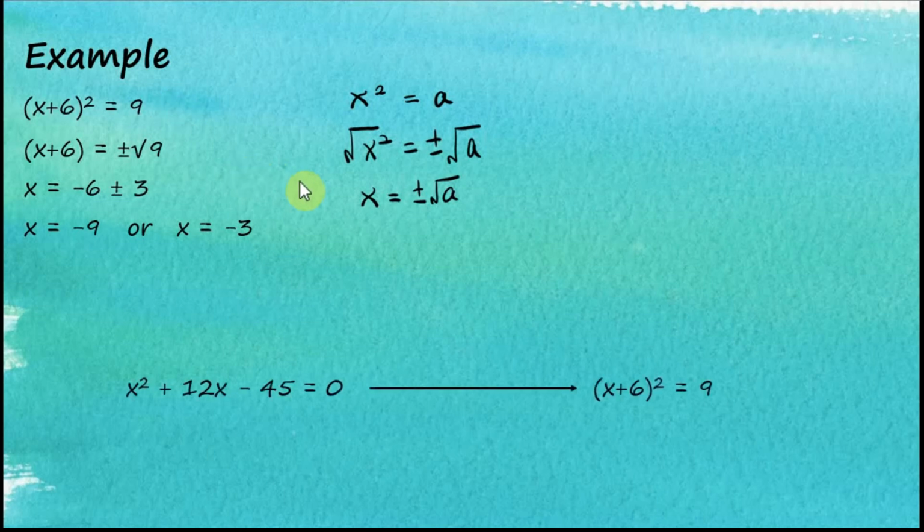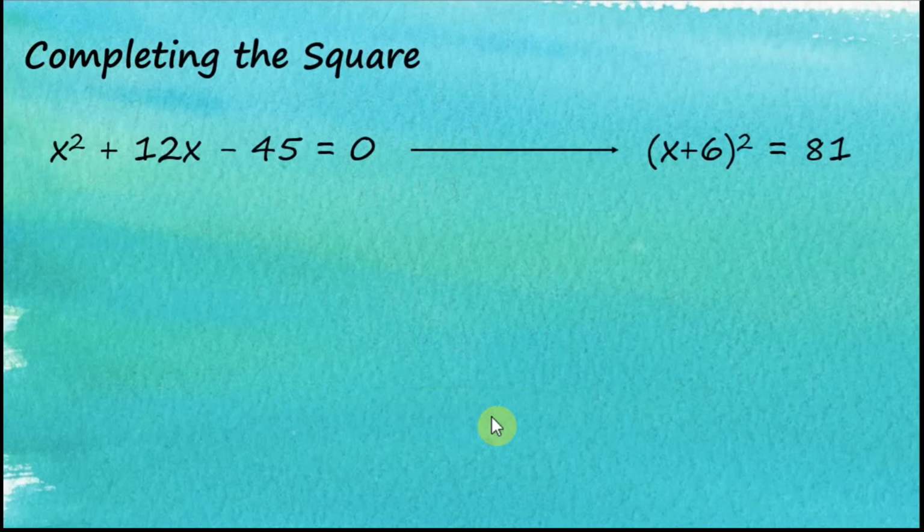So now the problem is how to write a quadratic equation from the general form to a form like this, and the process of doing so is called completing the square. And this is what we're going to discuss in this video. Now let's say we have a quadratic equation, x squared plus 12x minus 45 equals 0. Now this is the general form of a quadratic equation, right? And we would like to rewrite this equation into this form,